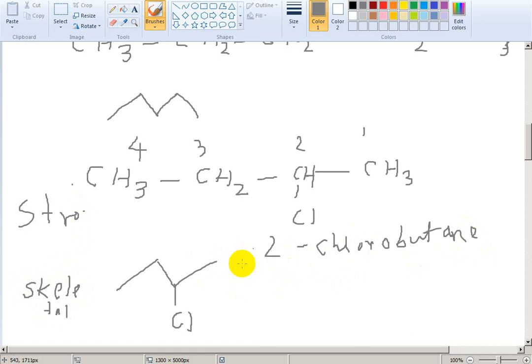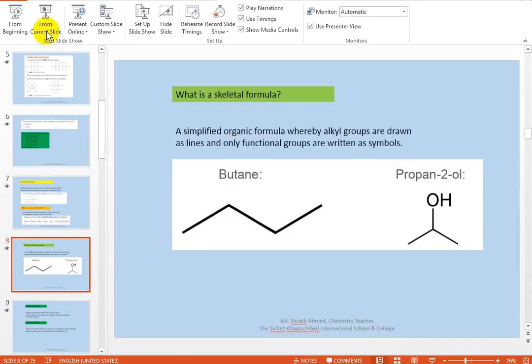Have you understood skeletal formula? Next is